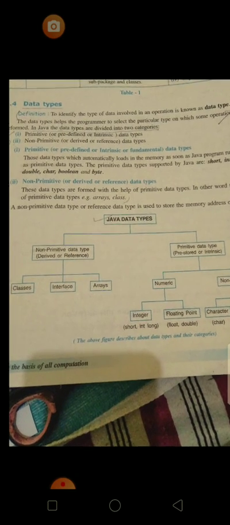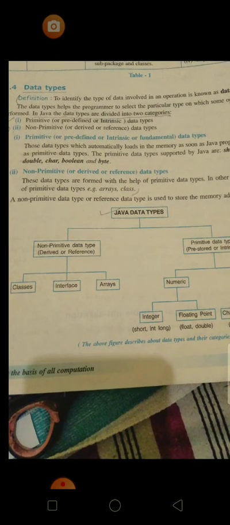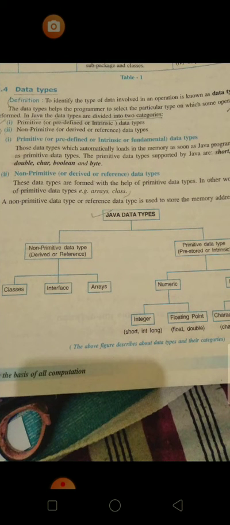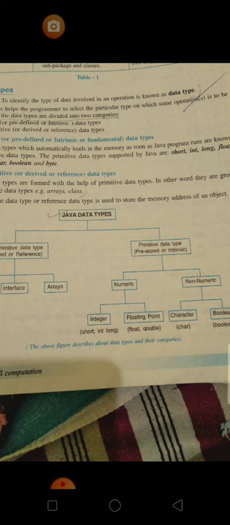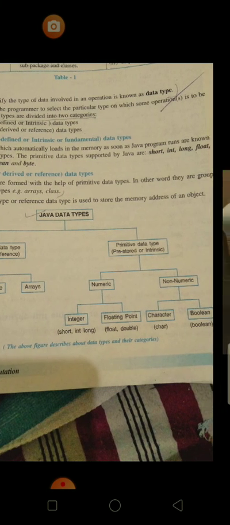So non-primitive data types are classes, interfaces and arrays. These will be explained in detail in further chapters. For today just leave it and come to the next topic. Let's talk about the primitive data types in detail.